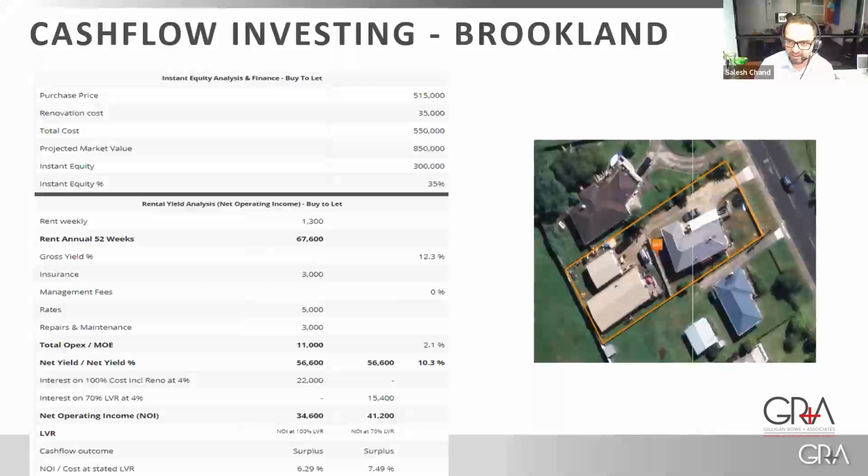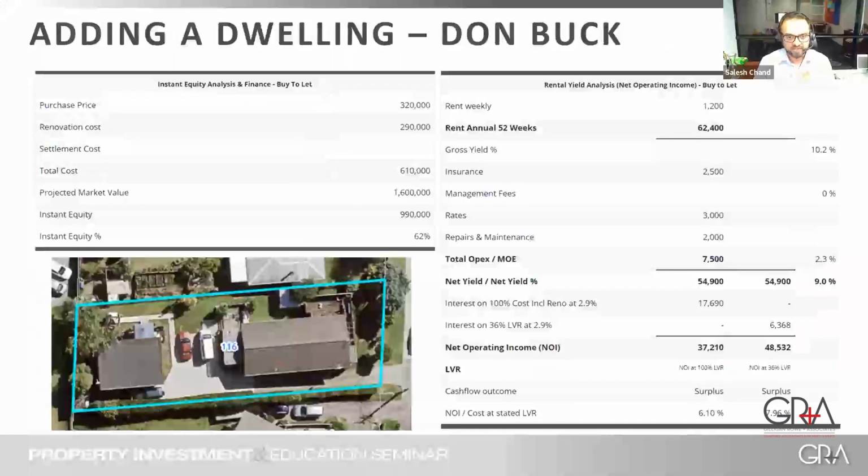Cash flow investing. We got 3 lots of income, right? Land banking. We look at the size of our land. We can demolish these 2 houses and we can build 10 units on it. I've got a planner working on it at the moment. I don't know when I'm going to do it, but I've got it going, because if I can build 10 units, I will actually look at building that. So that's what we got going in Rotorua. This is the kind of stock we chase, and there's so many of them out there. I've got clients buying better stock than I am because they're looking harder than me. So they all exist. Here's another one.